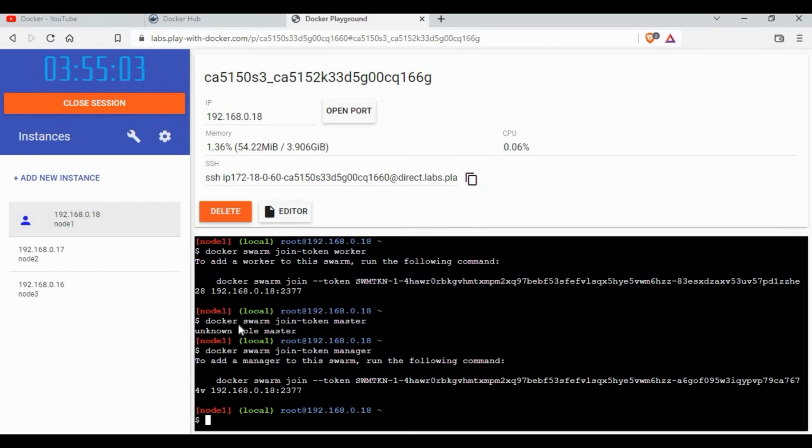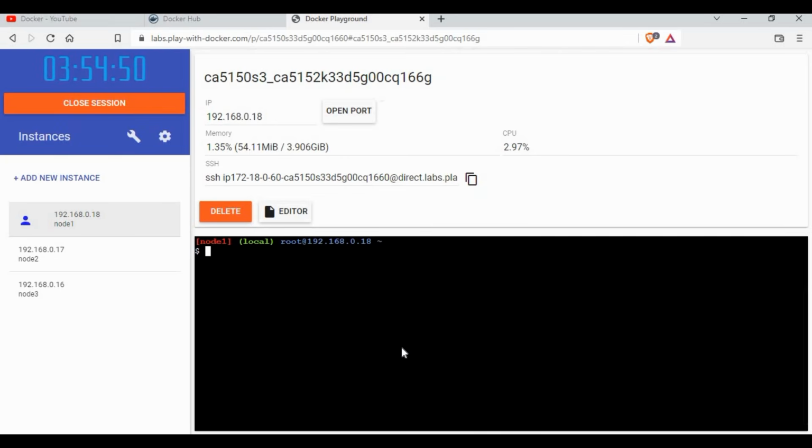You need to run as manager, okay, not master. You just need to run docker swarm join-token manager. So this will give you the command to run another node as a manager or master. That way you can get the code if you lose that code. So you can see docker node